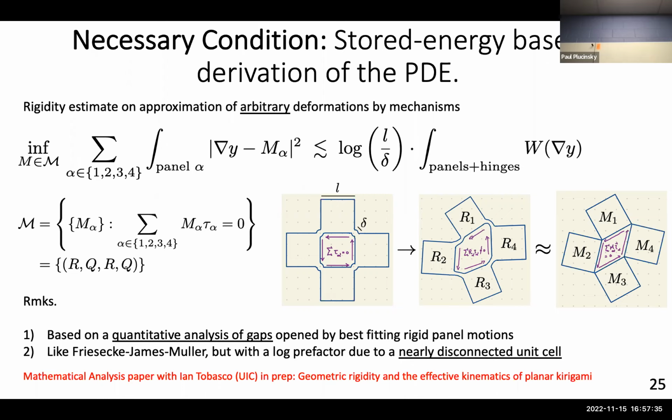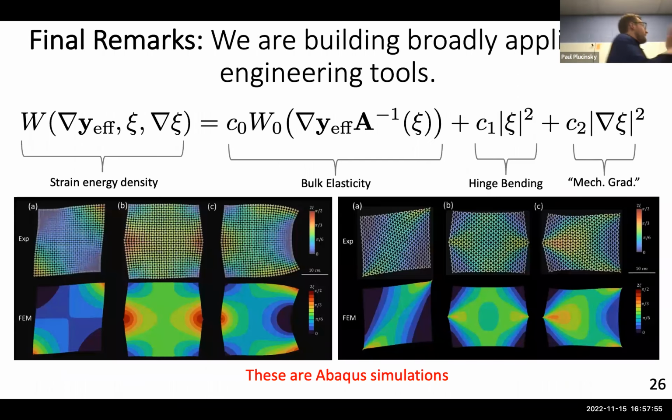After you do this inequality and you do a lot more analysis, it turns out you can prove that the PDE that we wrote down is actually necessary for sufficiently small elastic energy of the system. That's still work in progress, but the PDE is a good idea for measuring the soft modes of these types of systems. And just a final remark,